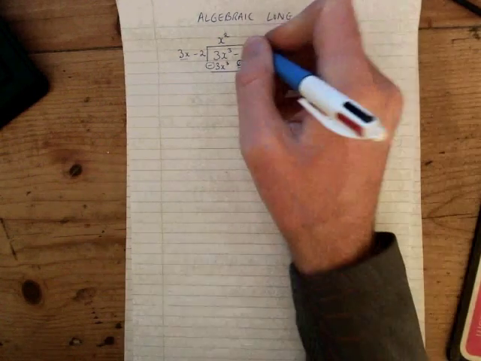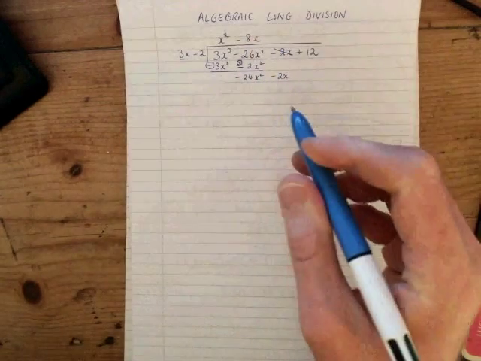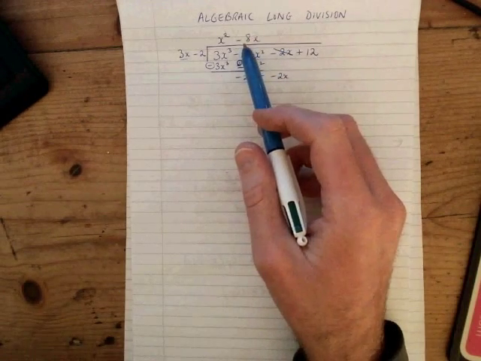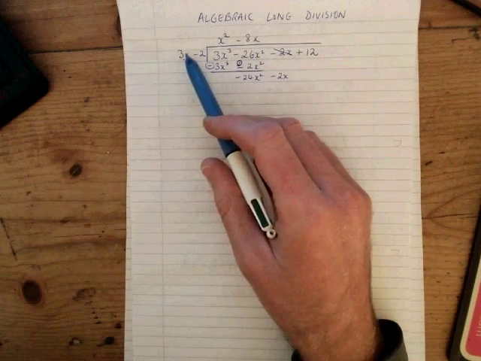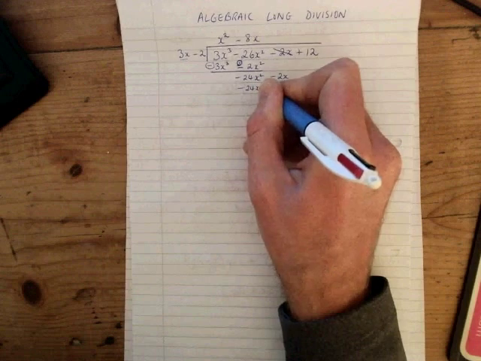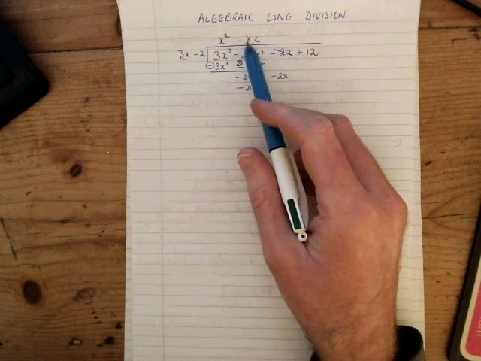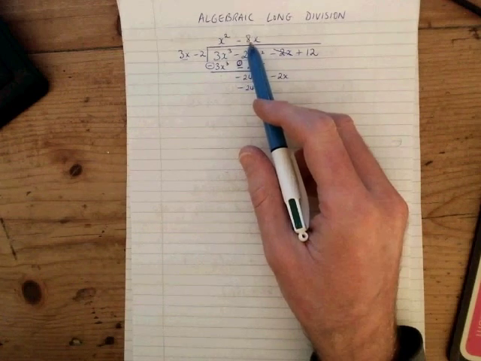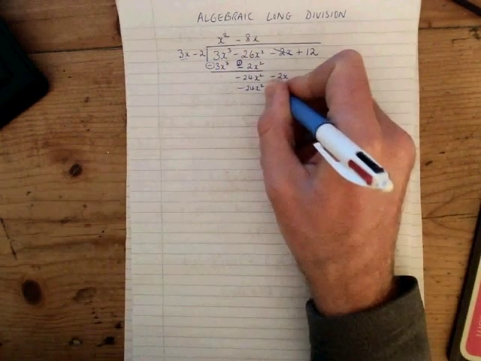That divides in minus 8x times. Then like before, we take the minus 8x and multiply it by 3x, which is minus 24x squared. We also have to do the same thing to minus 2. We take the minus 8x and multiply it by minus 2, which is plus